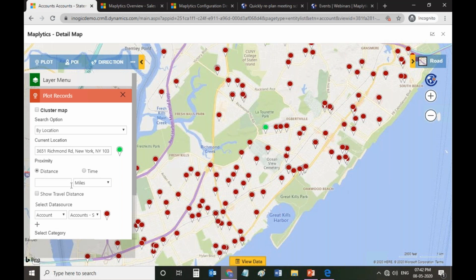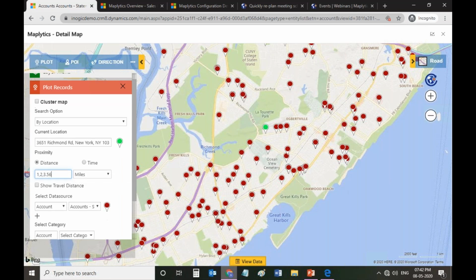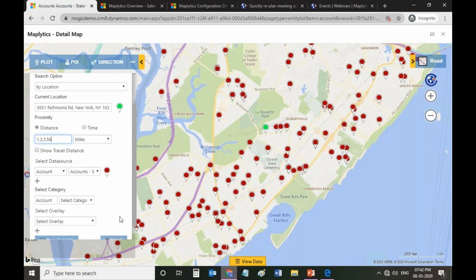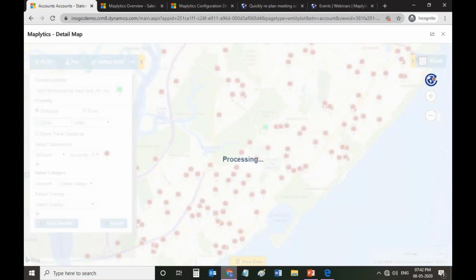So we'll see both of them. First, starting with distance, this is the place where you can enter the radii. At max it takes up to 3 radii, so you can surely put one radius or two radii as well. I'm just putting 3 radii. I have entered 1, 2, 3, 4, 5, 6. Okay, so this is the radii that I've entered, and let me click on search.